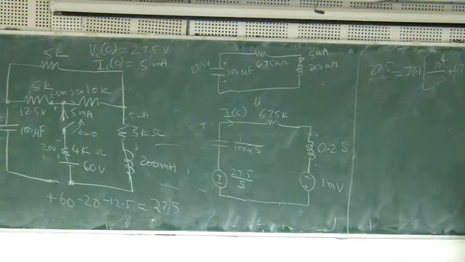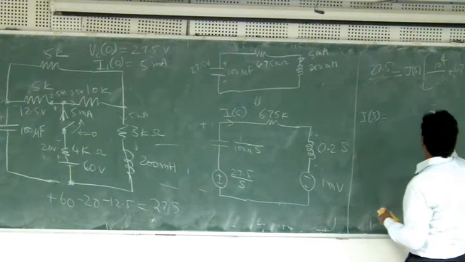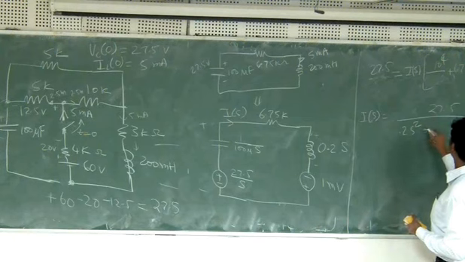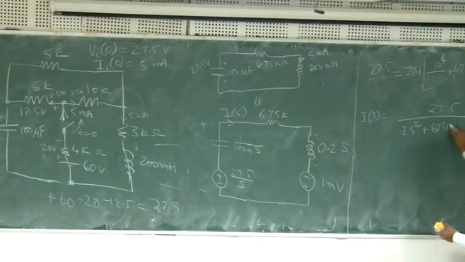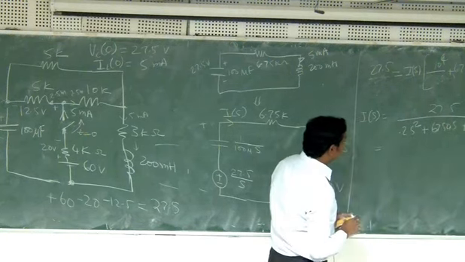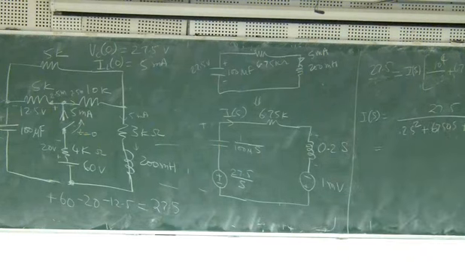Okay. So now Is is 27.5 by 0.2 S square plus 6750 S plus 10,000. Do we still have again the same problem of complex roots? So again we have to do the partial fractions. Let me see if I